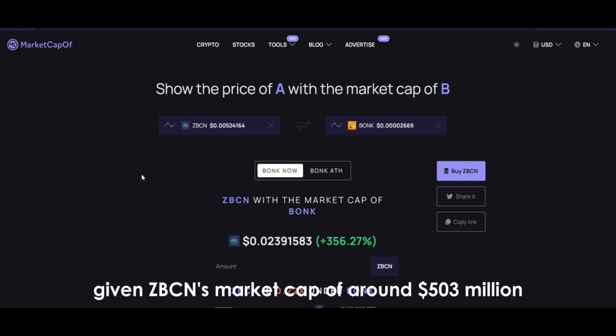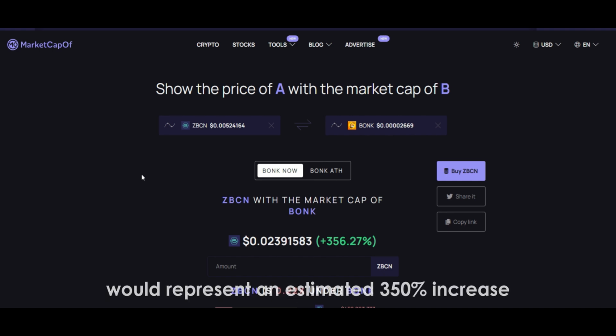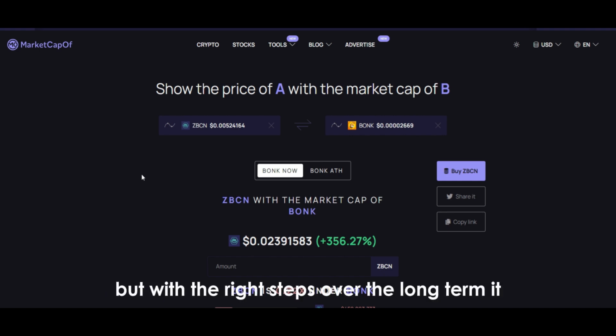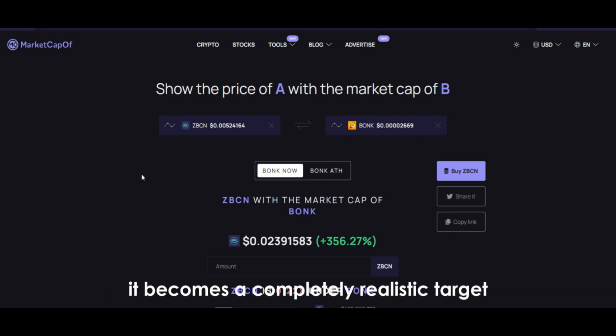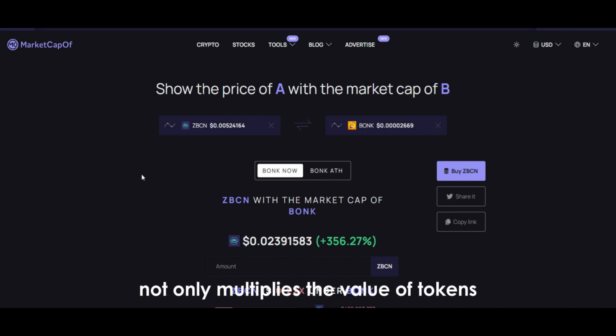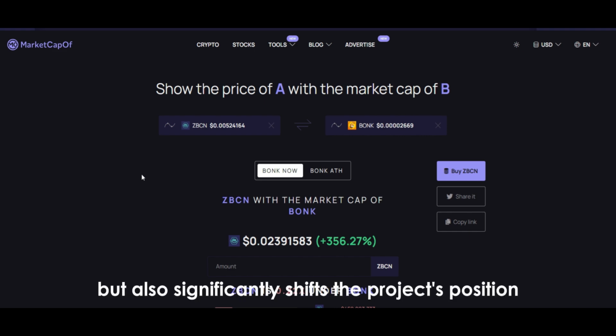Given ZBCN's market cap of around $503 million and the difference with BONK's valuation, reaching BONK's level would represent an estimated 350% increase. This might not be achievable in the short term, but with the right steps over the long term, it becomes a completely realistic target. A 350% increase not only multiplies the value of tokens bought at current prices, but also significantly shifts the project's